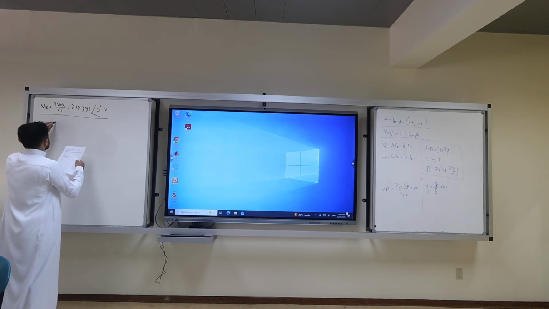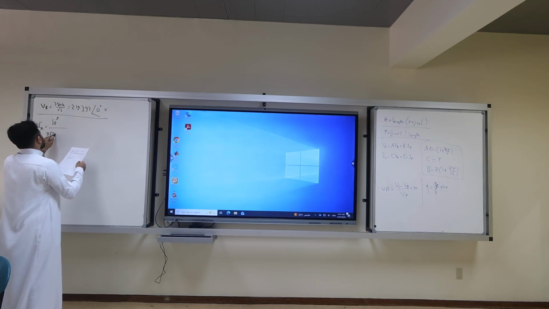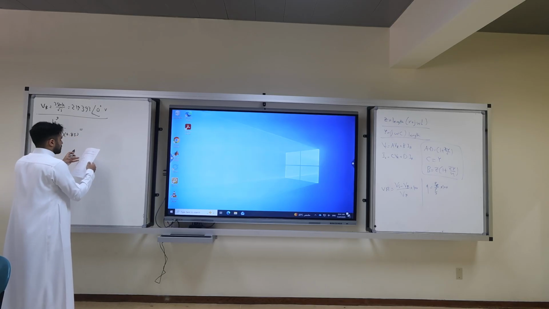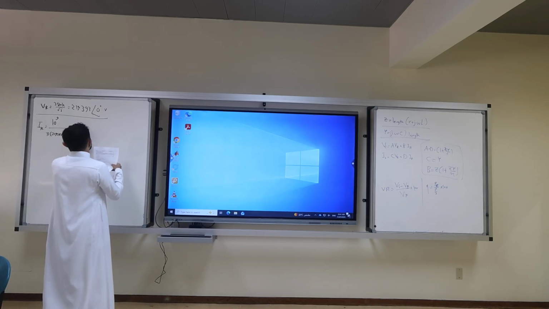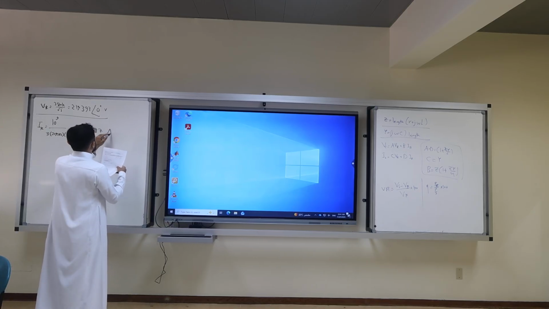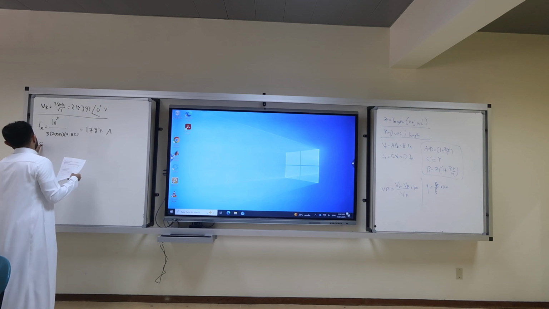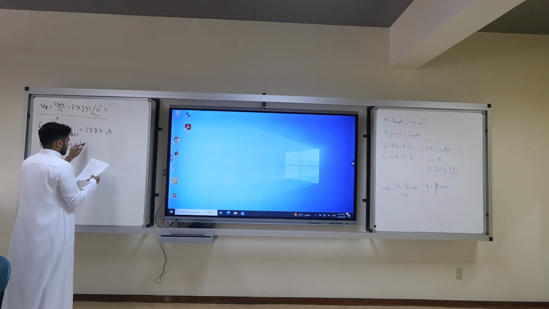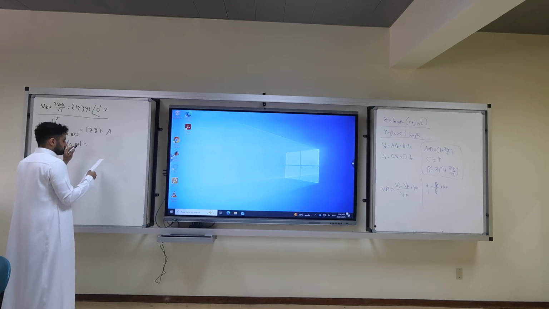It is 10 to 9, which is 1 mega, divided by 3 times 219,393 times the 0.85, our power factor, which is 1787 amps. What is theta? Minus cosine inverse of 0.85, which is